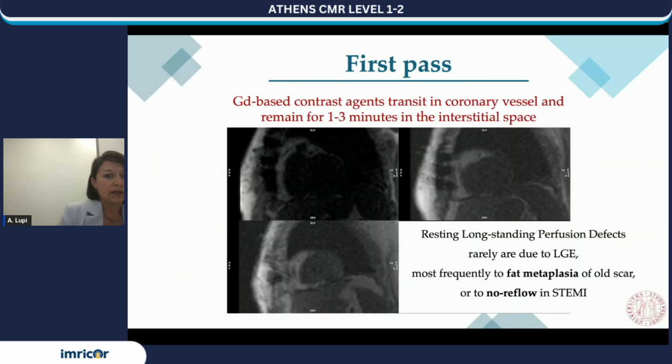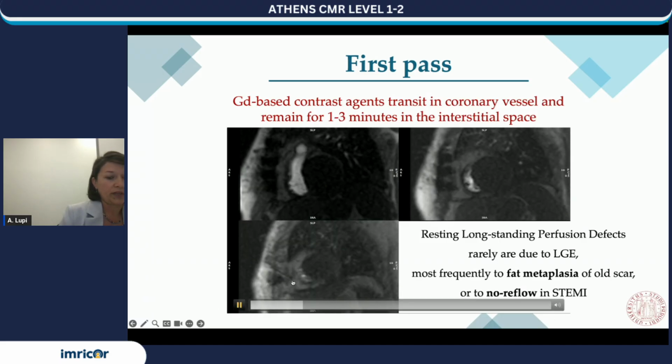So, starting from the first pass, and given the ability of contrast agents to transit in coronary vessels, we can obtain